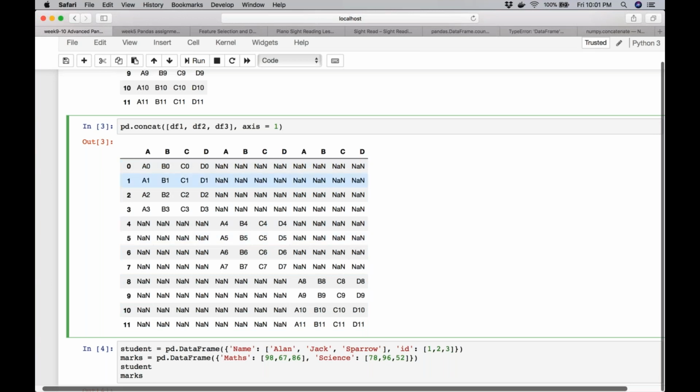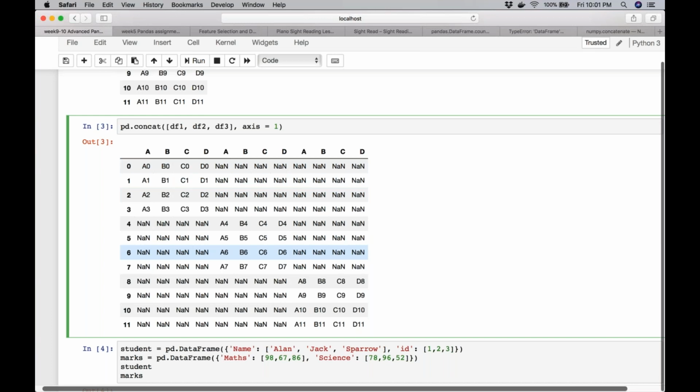in this order. So duplicate columns are getting created, because our indices are not the same. In this case, if our indices were the same for all the 3 data frames, 0, 1, 2, 3, what would have happened? I would have just got all the rows aligned right next to each other.